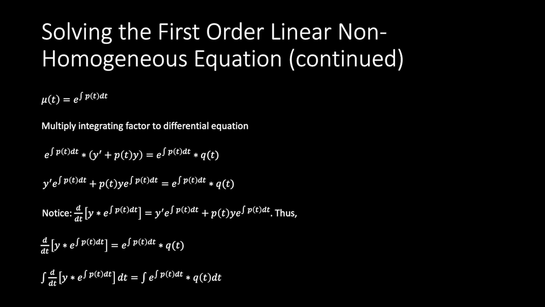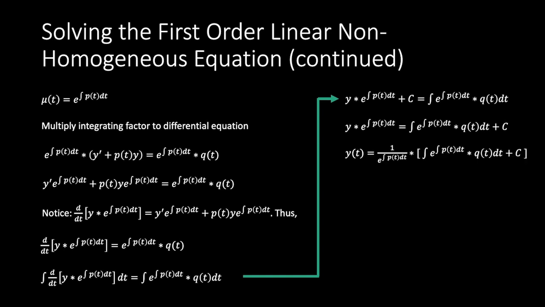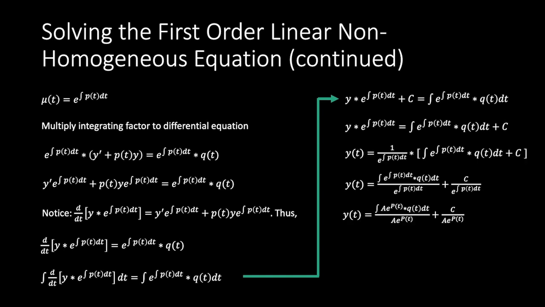By the first fundamental theorem of calculus, we can write the left-hand side as just y times the integrating factor plus c, because we are integrating a derivative. Let's now move the constant to the other side, divide by our integrating factor, and simplify. Finally, we have found a general solution y(t) where c is just a constant and capital P(t) is just the